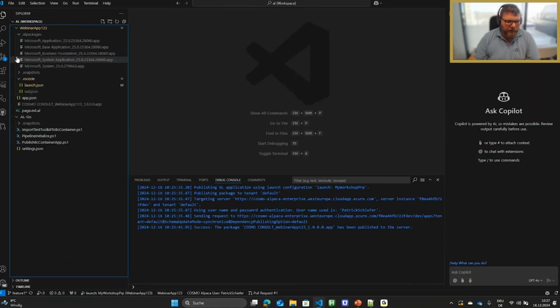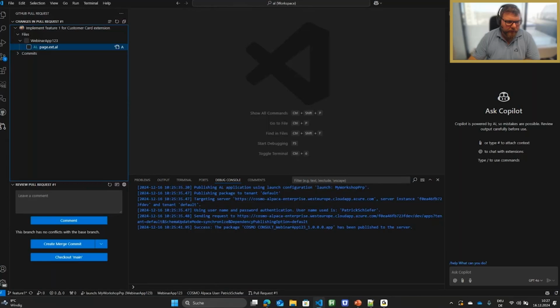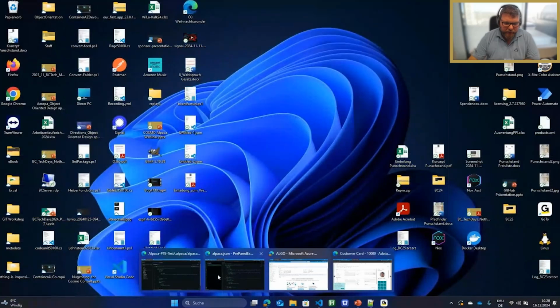And when you have done everything, you can just merge it. So I want to squash it. So now we have merged this, and